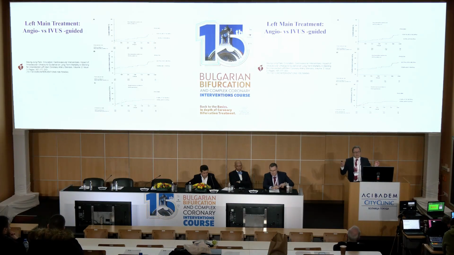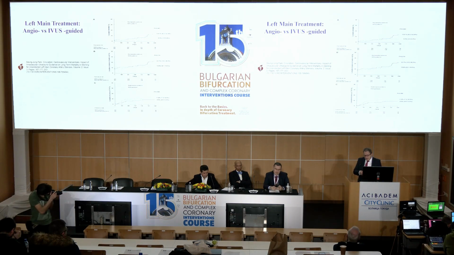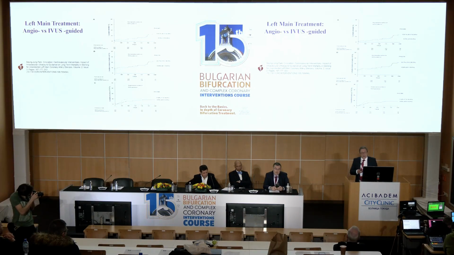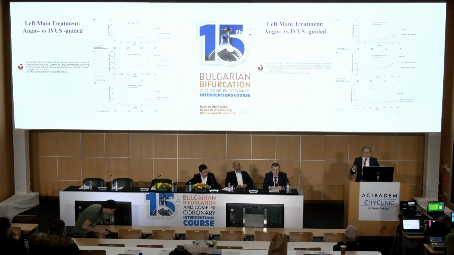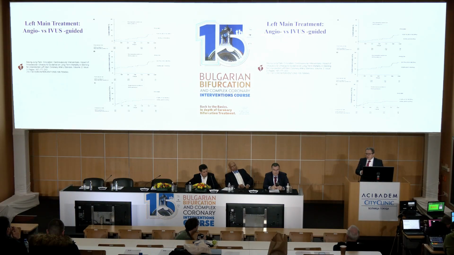So my topic today is the area of left main treatment, especially the distal one. So we have to keep in our mind that this most important part of the coronary circulation should be diagnosed and treated, let's say, parallel to the importance of this vessel. It supports more than two thirds of the